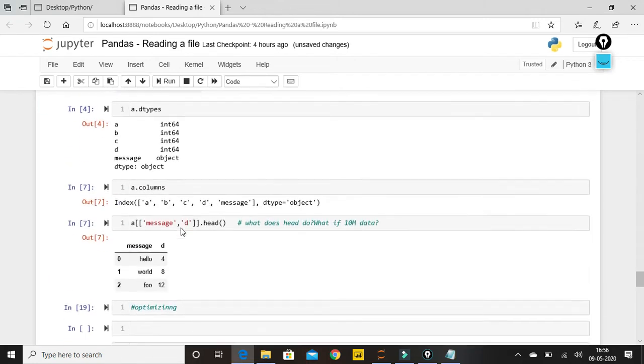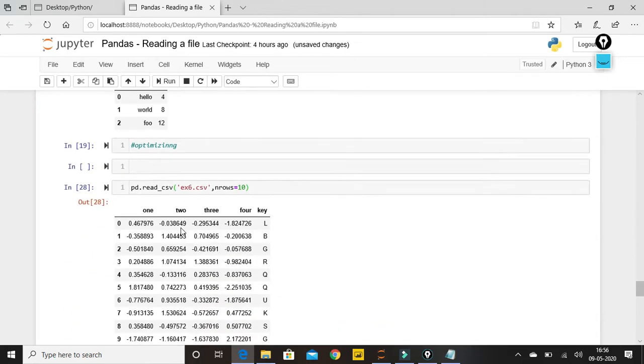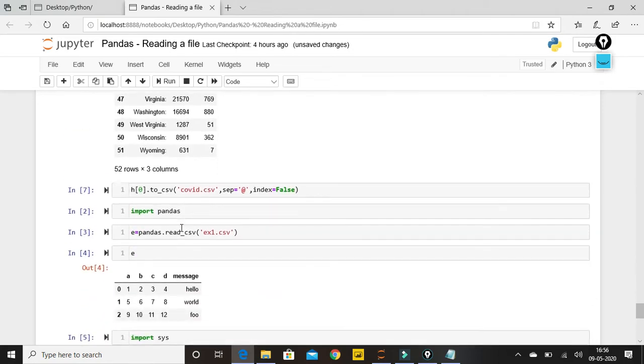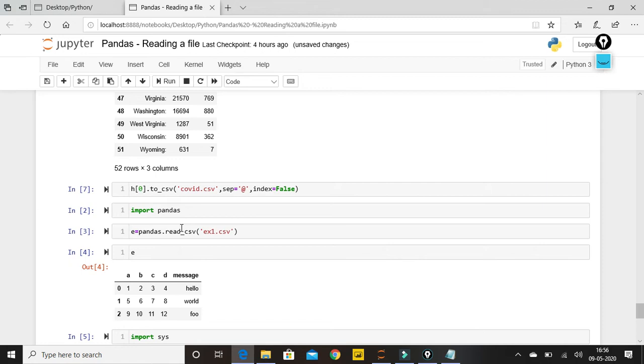So now moving on, next, this is n rows we have discussed, and this is our h of 0. Now we have taken up this tabular format data into our console. This is where we are trying to execute it in our notebook. What if I need to export this tabular content into some of the file formats? Let's say CSV for now.